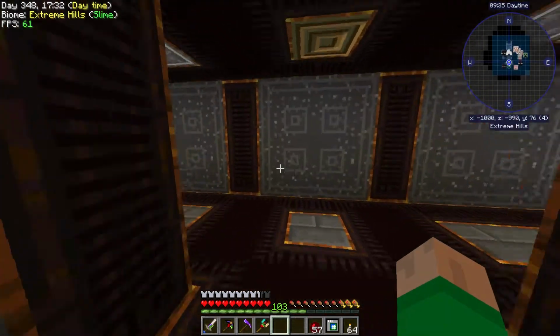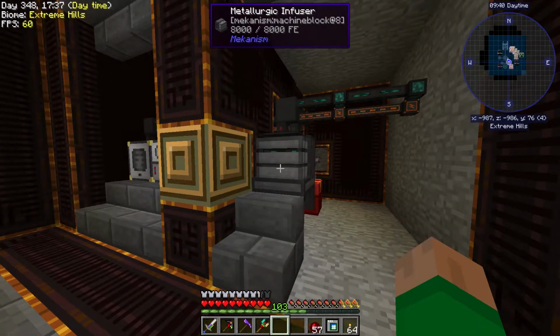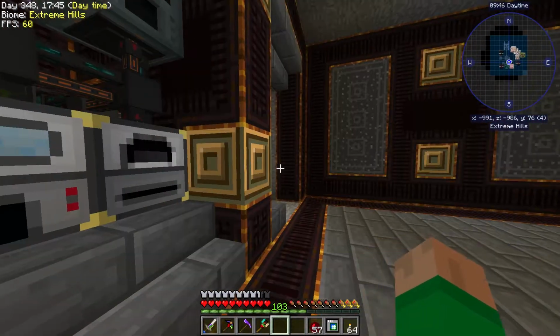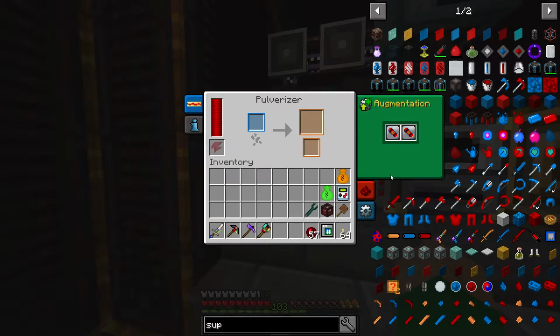And the first thing is, in our machine room down here, nothing has really changed. We have our metallurgic infuser, which we use to set up our new power system. And we have these machines, which we set up before. However, I have upgraded all these machines because they were really slow. So to upgrade